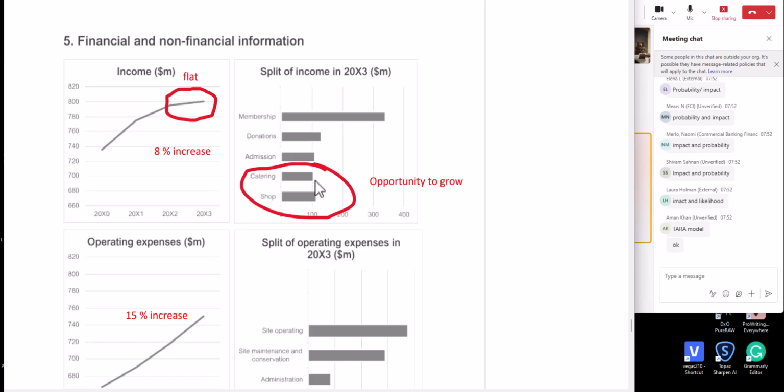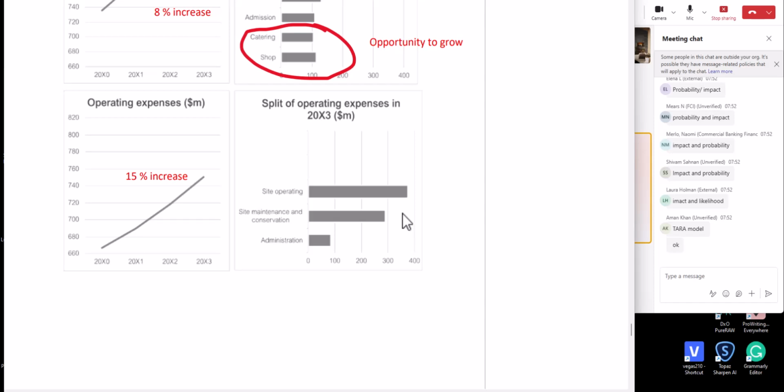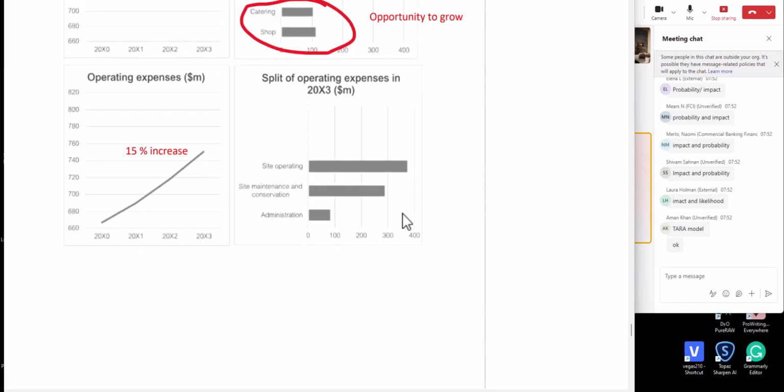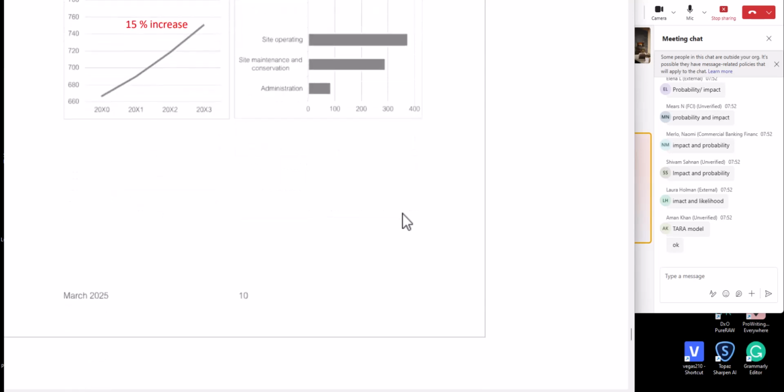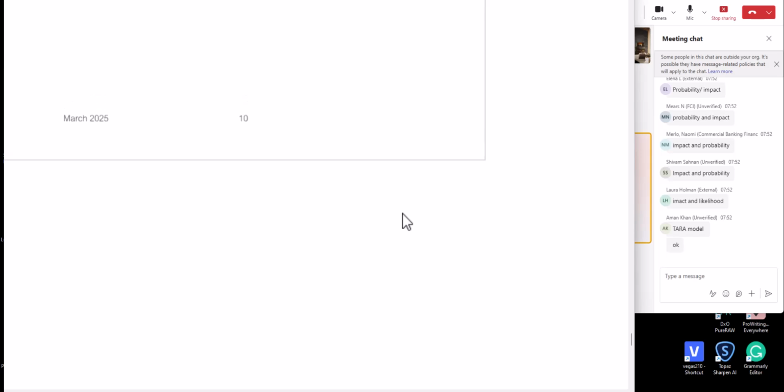Catering shop, it's not a big split of the income right now. Could we grow that? Talking about strategic opportunities. Again, you might have to cut costs at some point. So how are you going to cut costs? What controls are you going to put in? Cost control. There's a part of your exam syllabus. SBL is about budgeting. They never really asked a question about budgeting, ever, on SBL. So make sure you know your budgeting, like things from your previous exams, about budgeting techniques.